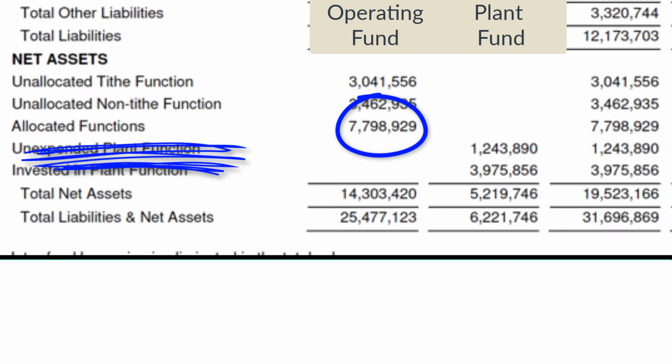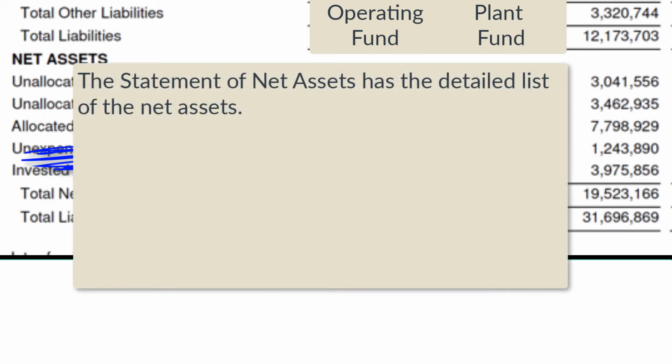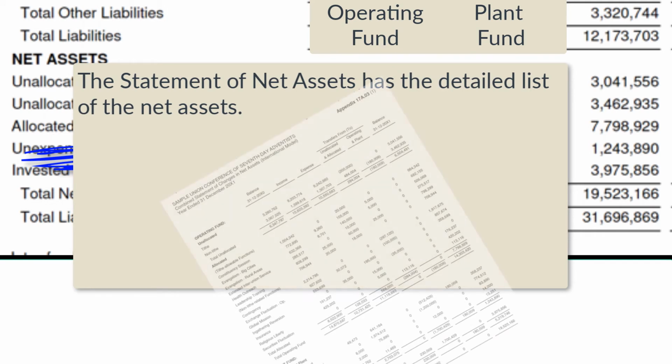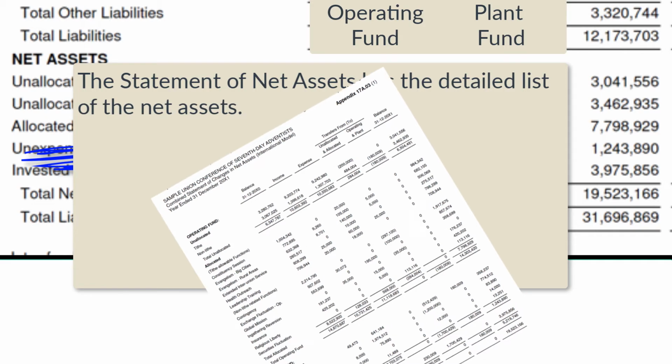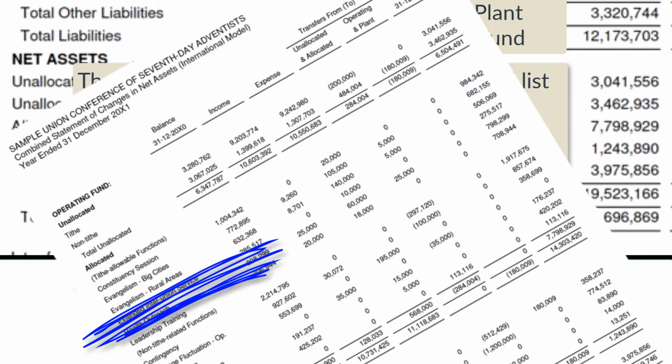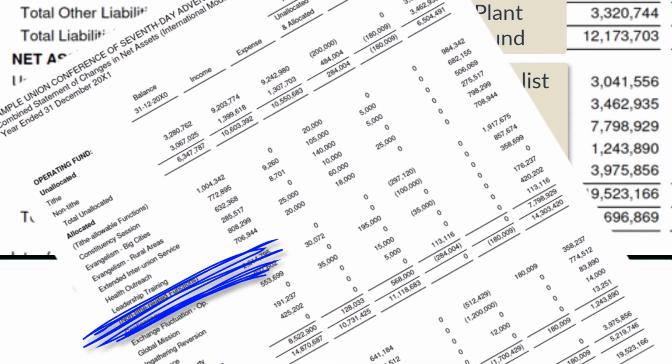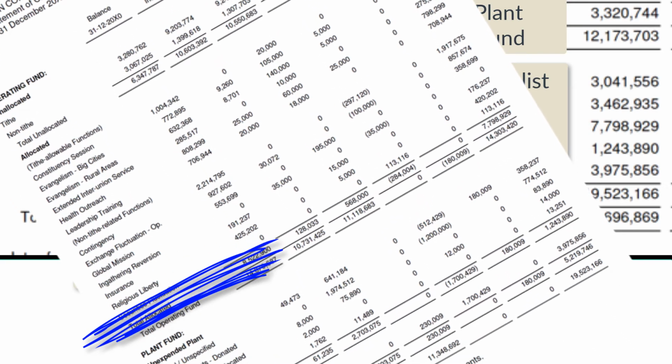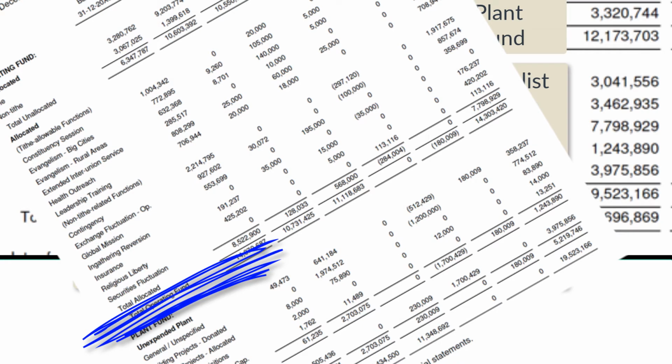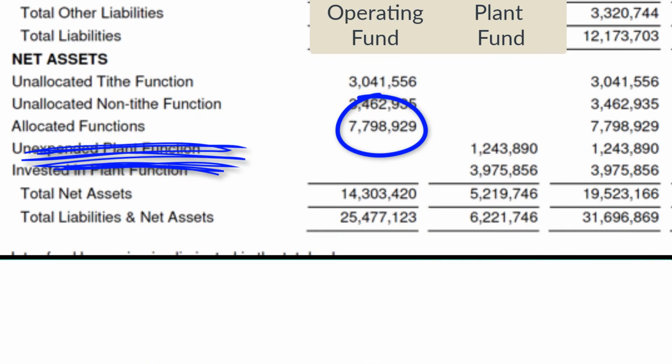But not all hope is lost when we see it allocated, because we can look down the list of allocated net assets. The list of allocated net assets is in the statement of net assets, and we look down the list and we can just try to see if there's some that could be used on the camp. For example, we may look down and see that there's a camp allocated net assets, and that the camp allocated is not tithe, it's not restricted, and we might be able to build a dining hall out of that allocated net assets. But if it's not there, we can continue looking.